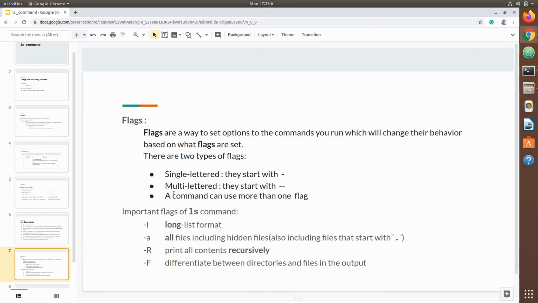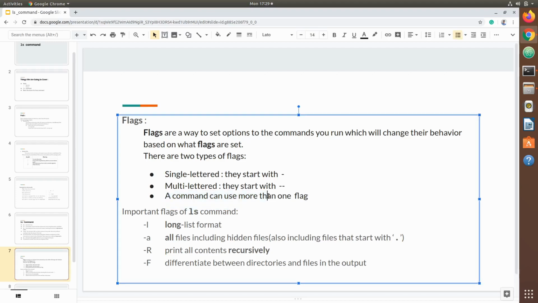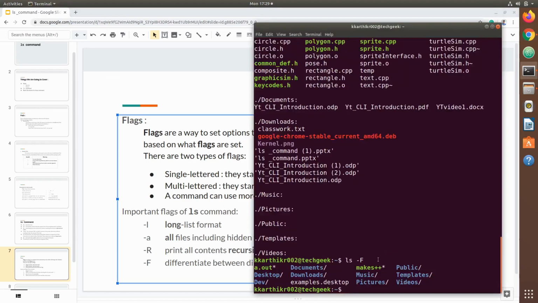A command can use more than one flag also. Let's go ahead and see some examples where we can use more than one flag in the case of the ls command. Let us list all the contents, including hidden files, in long list format. Let us use the l flag and the a flag in a single command. ls minus l flag, then a flag.